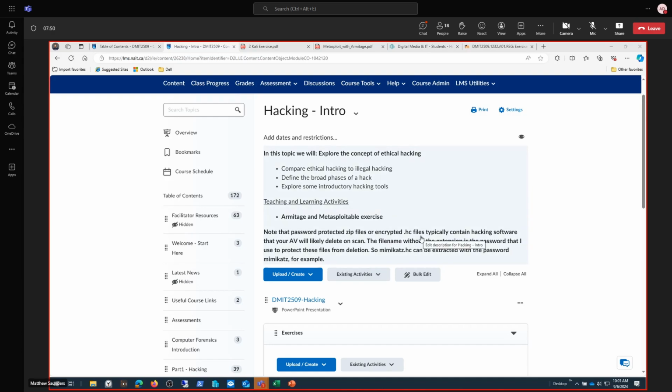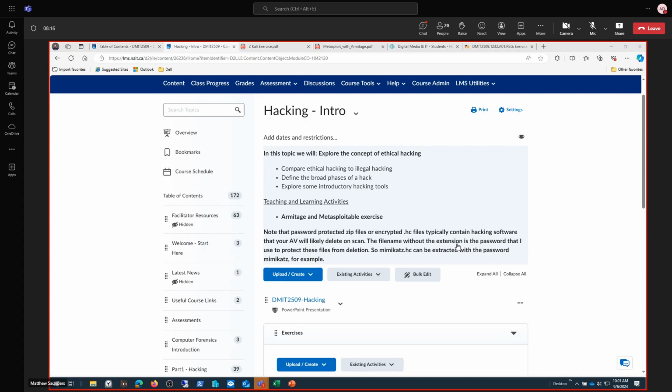If you encounter either of those, if there's a password that you're asked for, that's probably because it's something which should not be on your home system. In other words, AV is going to detect it and it's going to blow it away. So the idea here is that we download those directly to our forensic workstations in order to use them, or whatever other virtual machine we're using it on.